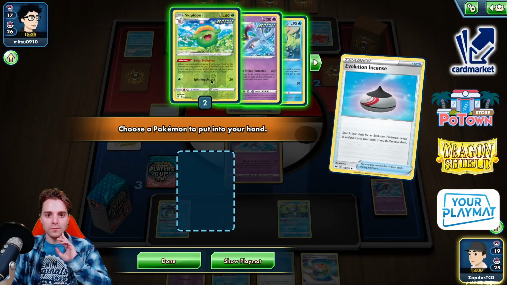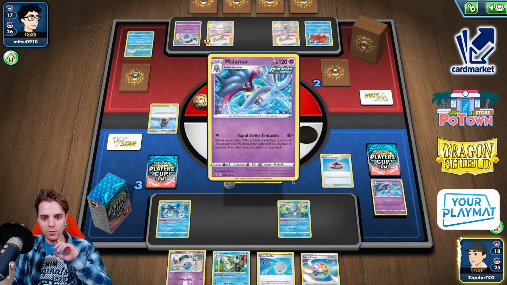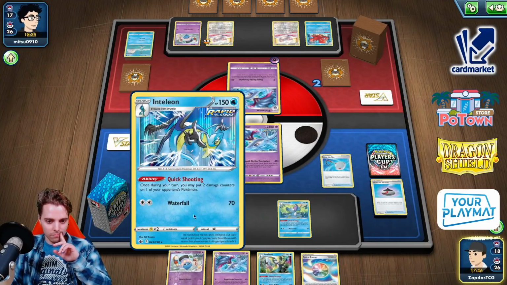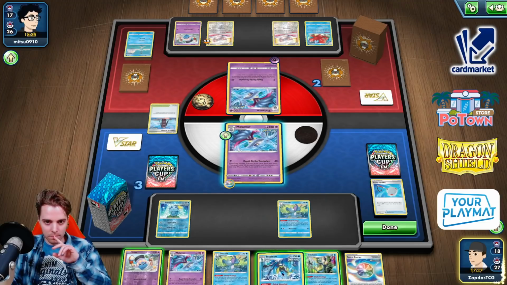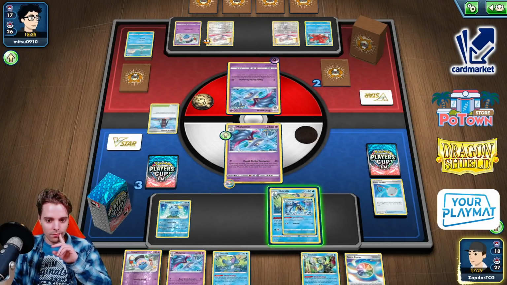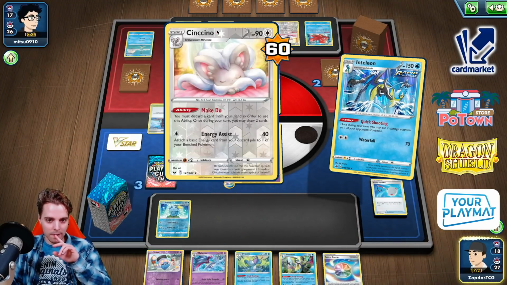Evolution Incense. They're also playing Tower of Darkness. Malamar doesn't matter. Yeah, this is turning into quite the crazy game. So we scoop up this one. Slap down that one. Slap down that one. We basically need to slap down everything now. They probably have everything right now. Quick shoot there again, and they might even have...